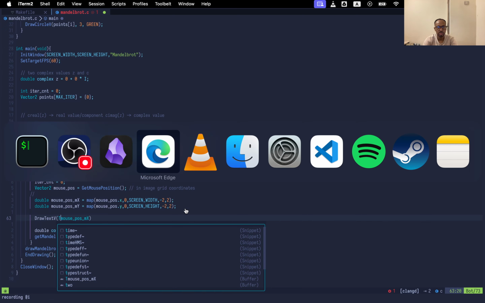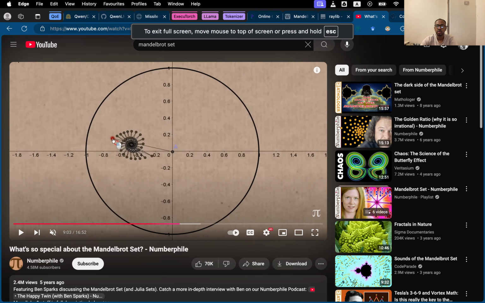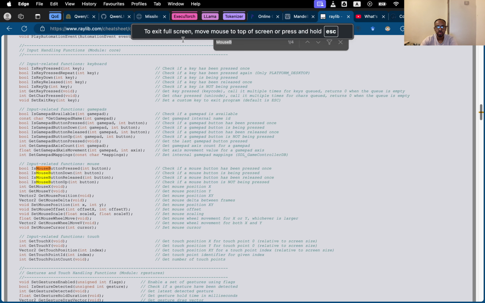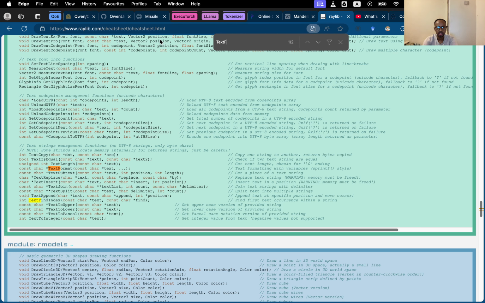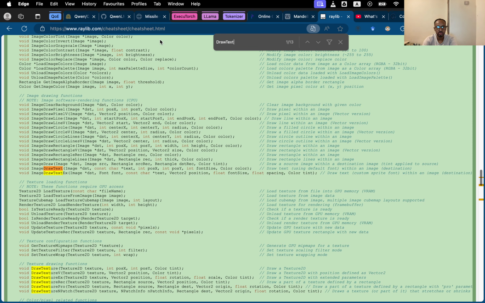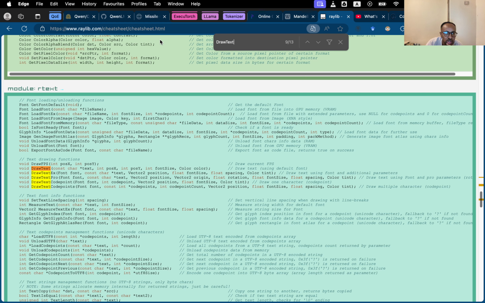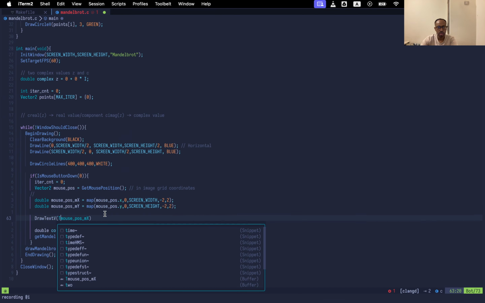Is it text format? Let me check. Yeah, text format. And is there a draw text v? Draw text image? No. Draw text. So there is draw text with a string, position x, y. Okay. So I can say